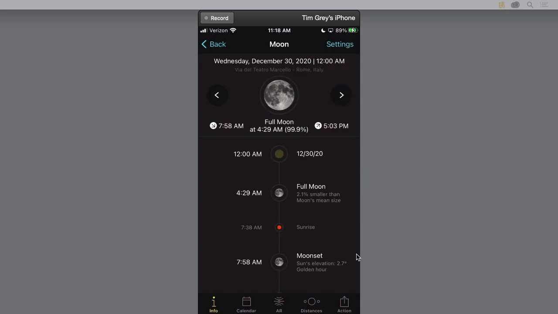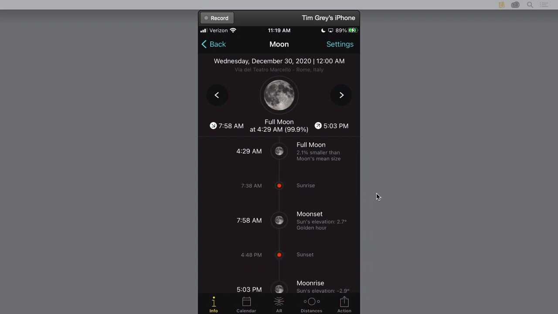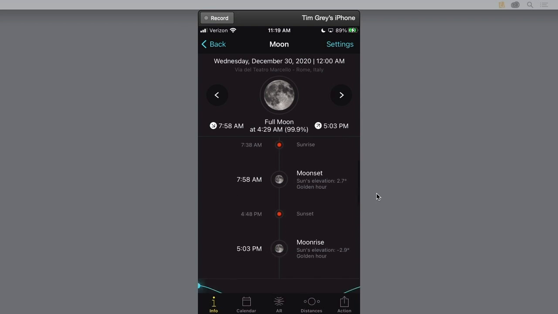So I'm going to go back to our October 30th date here, and we can see once again, we've got the real full moon when it's at its absolute fullest is at 4:29 a.m., but we also get these details here so we know when the sun is going to rise, and so we have the sunrise time here. The moon will set after sunrise, and then the sun will set and the moon will rise a little bit